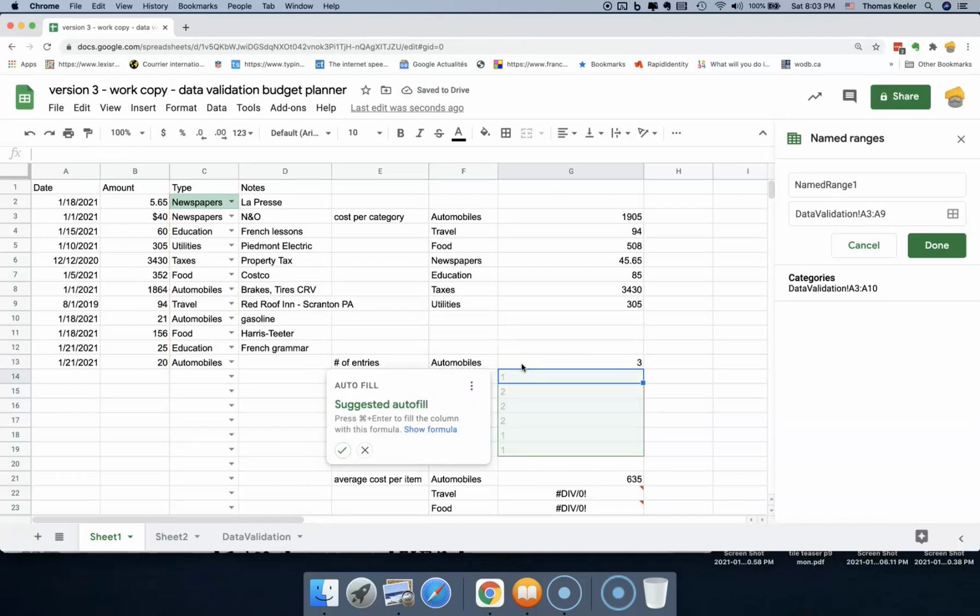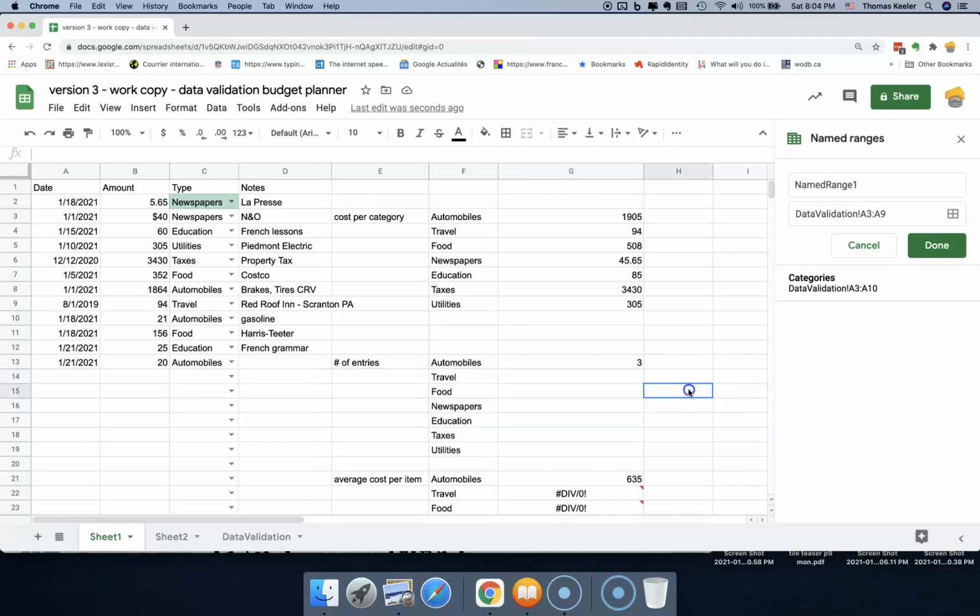Okay. And now you'll see that it has suggested that we fill the column with this. Now let's see what happens. Well, we're not going to do that, but you can see how gradually it's taking some of the skills out of this. Okay? So we can go over here and get that